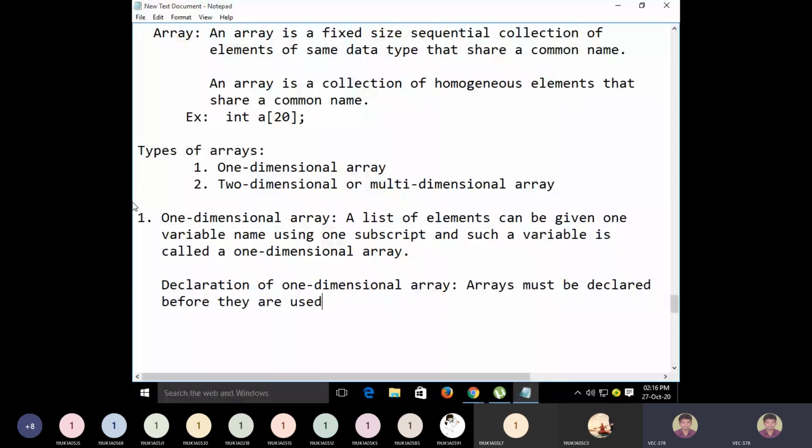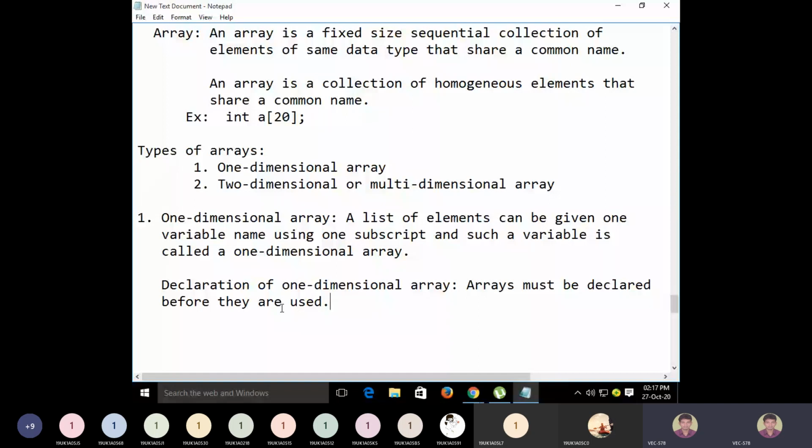This rule is also applicable to variables. Since an array is also a variable, any variable used without declaration in C programming, the compiler gives error. That's why all the variable declarations are given at the beginning of the main function. First we declare, then we use that variable.